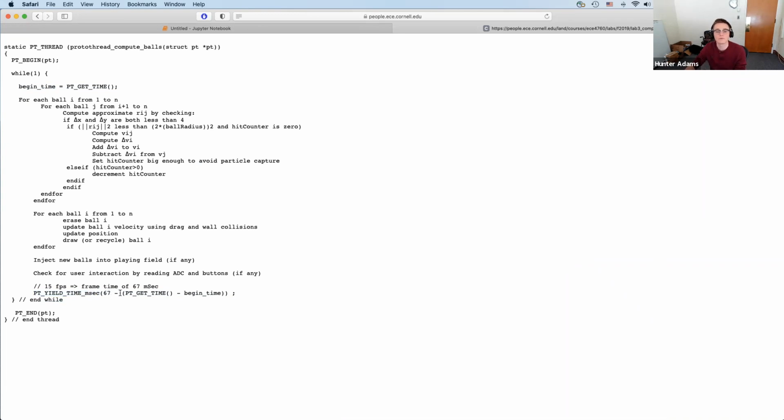And the amount of time for which we yield is the current time. We get the time again, we subtract the time that we gathered at the beginning of the thread, and we subtract from that the total number of milliseconds for which we want the frame to last. So 67, this is set up for that's 67-ish